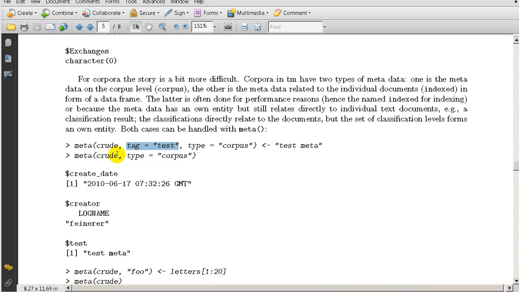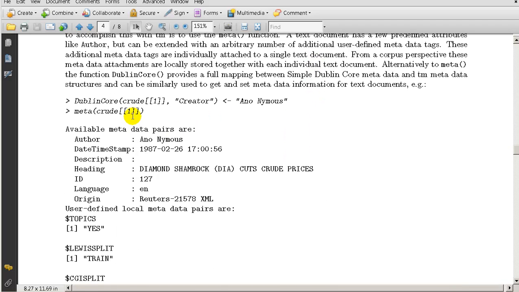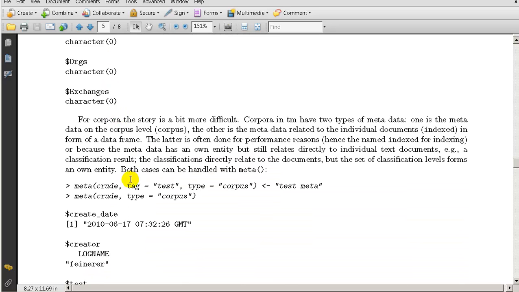So when we do this, remember last time we did it this way, and that was for an individual item we're checking, but here we're checking for the whole corpus called crude. Here we don't have the individual item listed here, and I guess we also specified that we want it for the whole corpus. And then we see that we assigned a new tag, and it has this value,